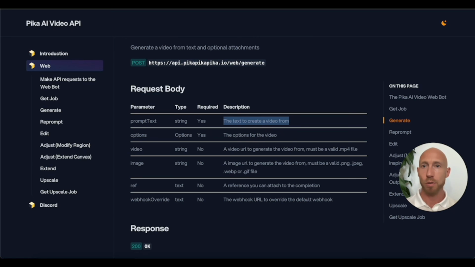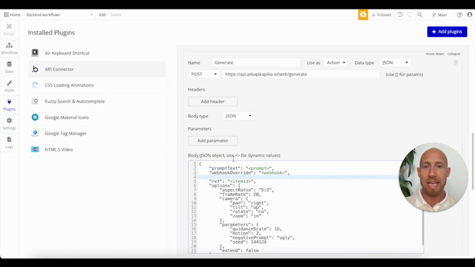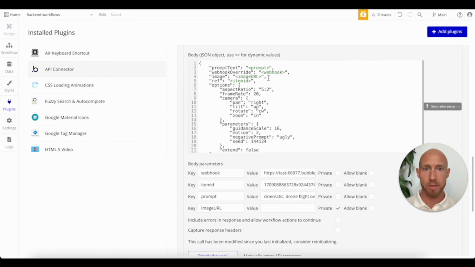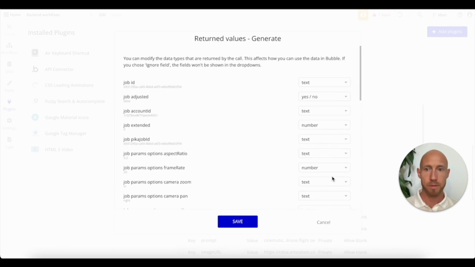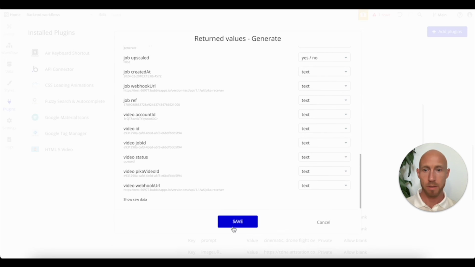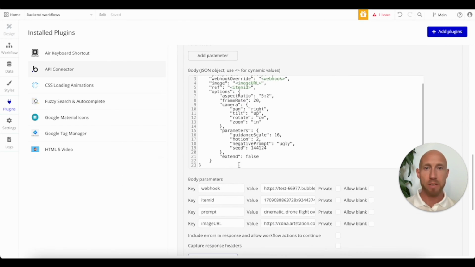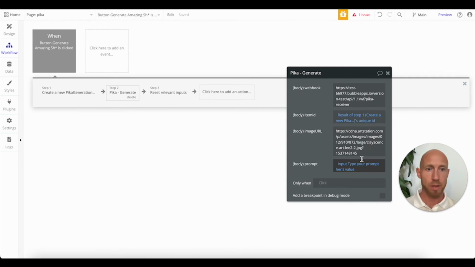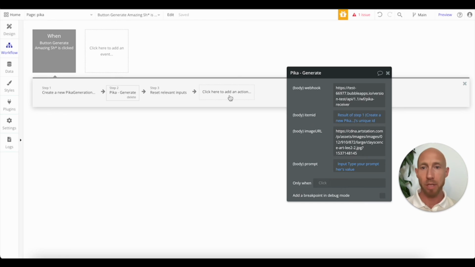So all you would do in that case is you would just simply add in a line here, set up just like this, adding this additional parameter in, and initialize. Great. Okay, so that would get sent off, and then now we can see here in this one that we would also have a spot for an image URL to be entered in dynamically with the prompt, and then that would be,